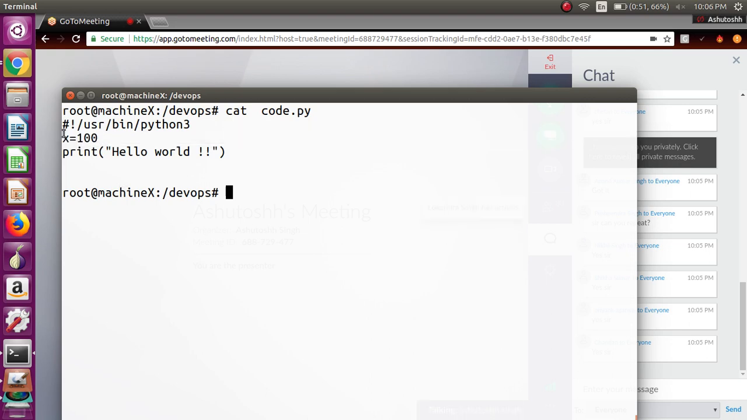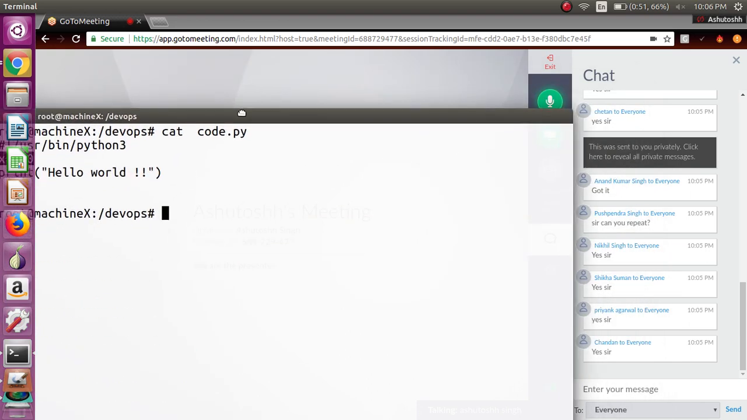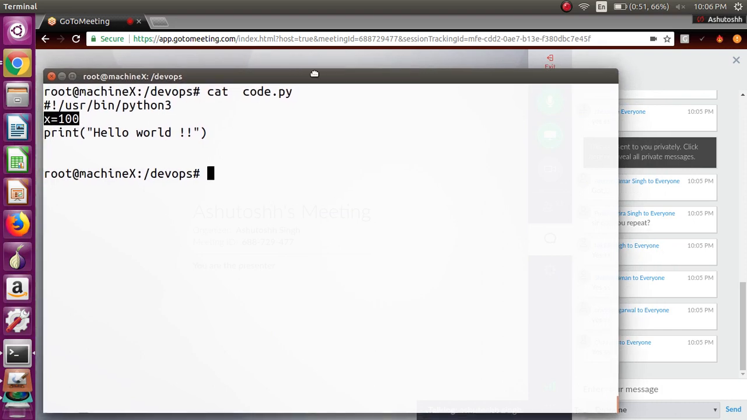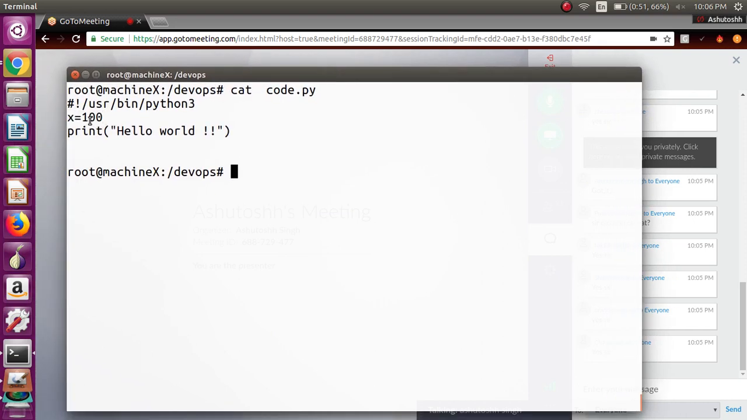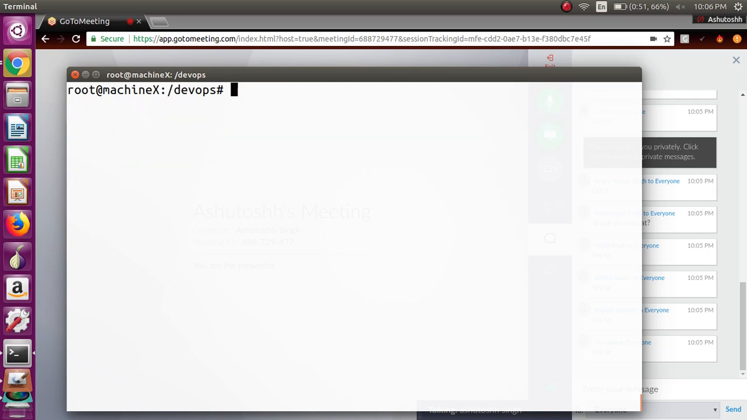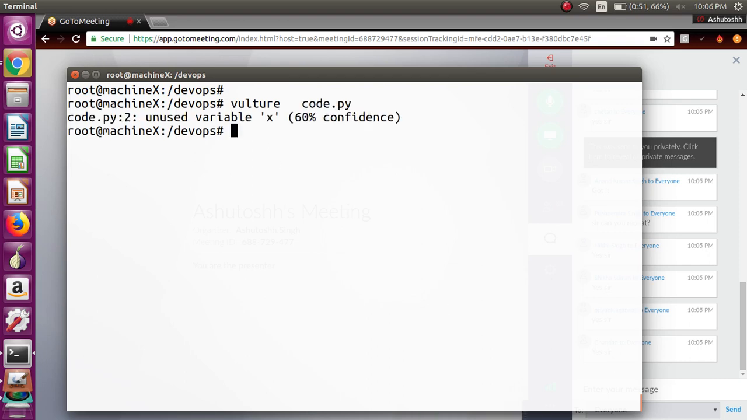So analyzing or finding these kinds of statements in our programming language is known as dead code, because it is defined but not being used by us. So this is dead code. For this we have a tool, that is vulture, and if you do this, now if I hit enter, see,